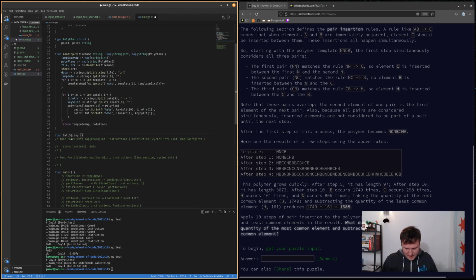In it, we're going to be passing that string map, which is going to be a map of string int. And we're also going to be passing a beginning and end string. And we will be returning, what will we be returning? Also a map of